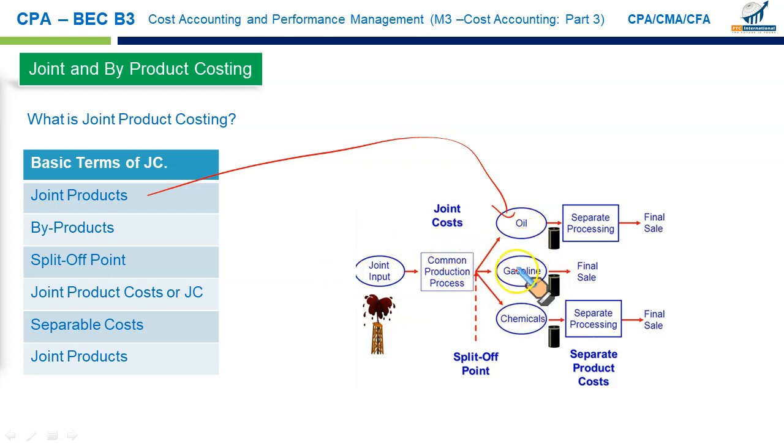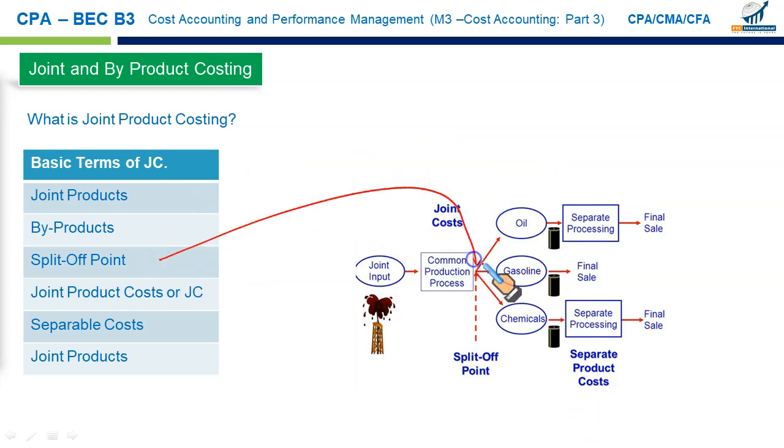Now, with these main products, we might get some production units which have relatively very small value compared to the other products. Minor products with relatively small total value compared to the other main products. Such products are called byproducts. So a joint production process is a process in which multiple products are produced through a common production process. Some of them sell at a higher price. They are called the main products. And some of them might be of very little value. They are called the byproducts, right? Within this production system, there will be a point after which different items will emerge. They will be separated. That point is called the split-off point.